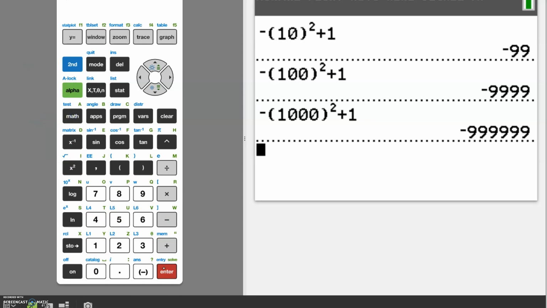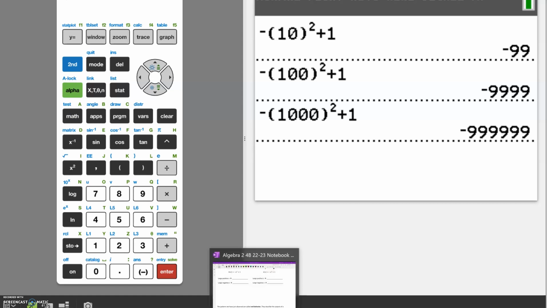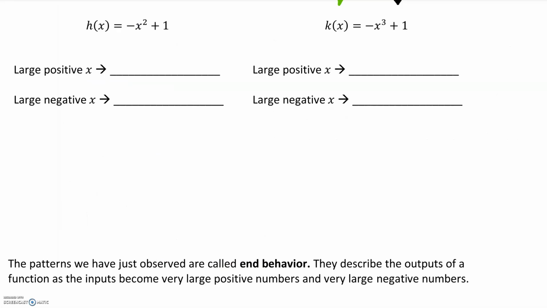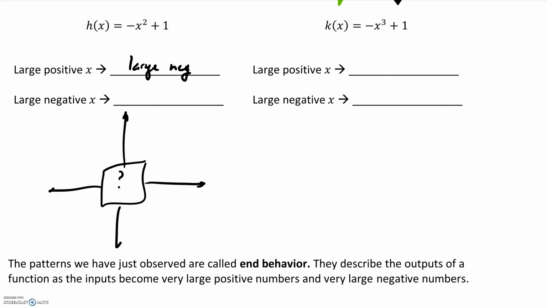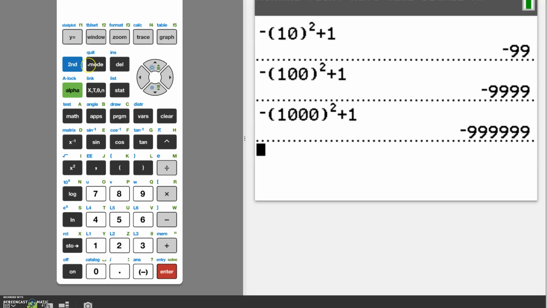So as my values for x get bigger and bigger and bigger in the positive direction, my outputs get bigger and bigger and bigger in the negative direction. So a large positive value for my input gives me a large negative value for my output. Again, we're going to look at what is happening for my graph. If I put in very large negative values,